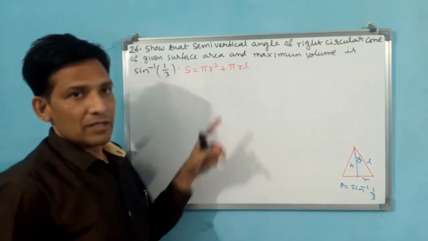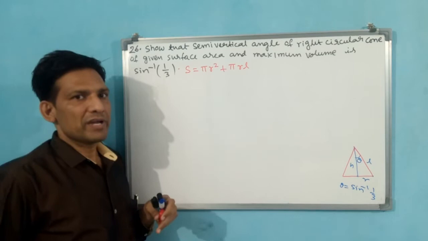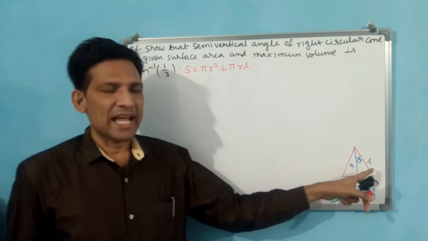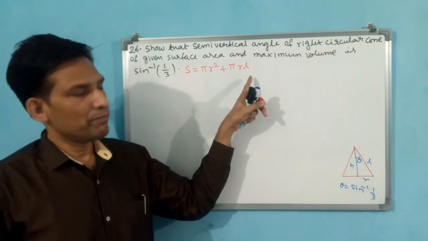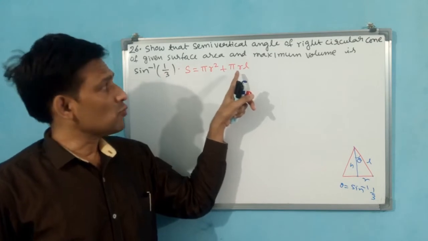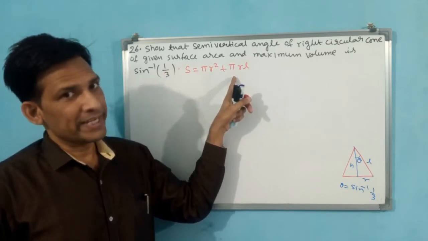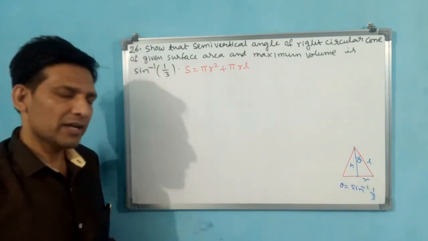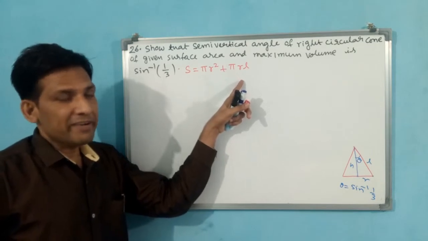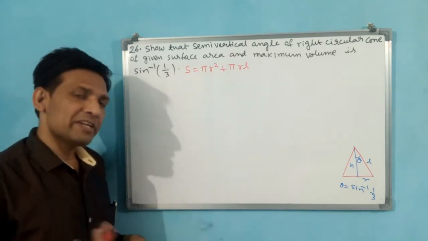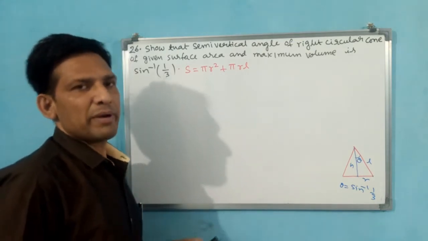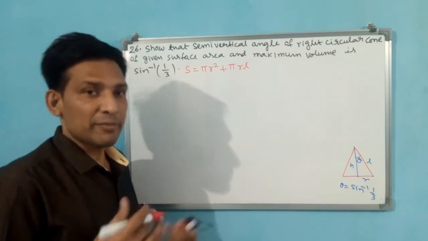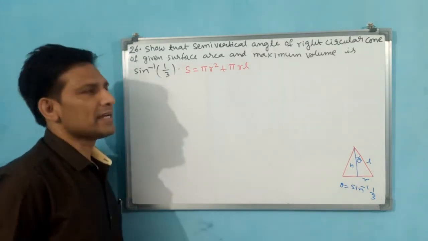For a cylinder this will be 2 pi r h. But here, because of slant height, L will come rather than h. 2 pi r h, but 2 divided by 2, that is why the 2 is going to get cancelled, giving pi r h. Why? Because this is in conical shape, not a straight cylinder shape. Because for area we divided by 2, for volume we will divide by 3. Volume means 1 by 3 pi r square h. Normal pi r square h is for a cylinder, and 1 by 3 pi r square h is for a cone. Like this you have to analyze.